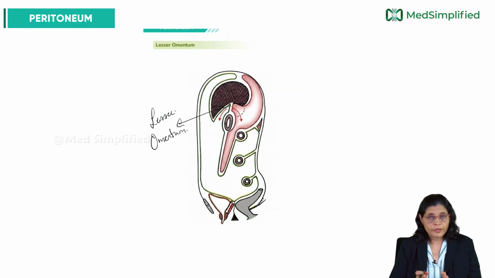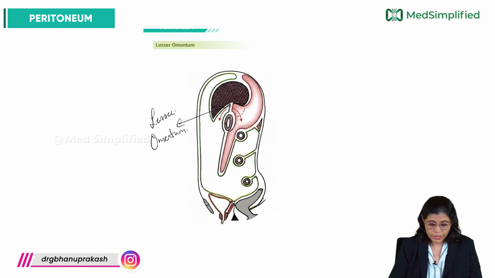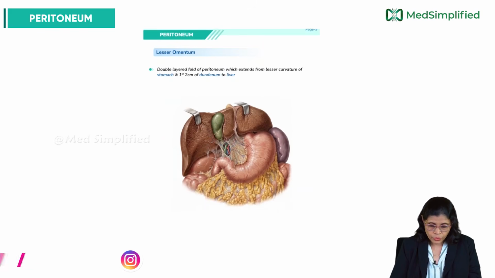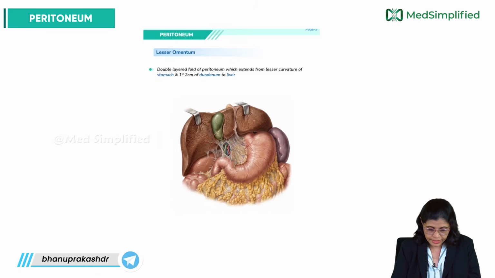So it is a double layer fold of peritoneum which is connecting the stomach to the liver. So the lesser omentum is between the lesser curvature of the stomach and the inferior surface of the liver. So inferiorly here, when we see, it is attached to the right side of the esophagus, the abdominal esophagus here. Okay, so it's a small portion of abdominal esophagus, and then to the lesser curvature of the stomach, and first